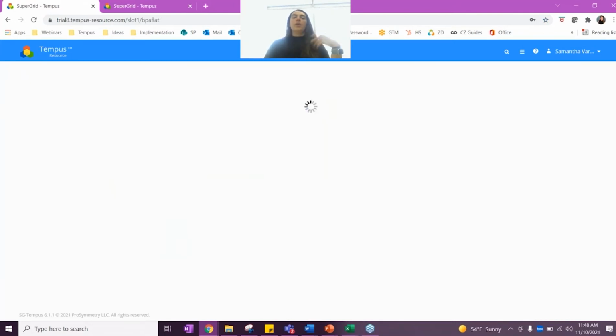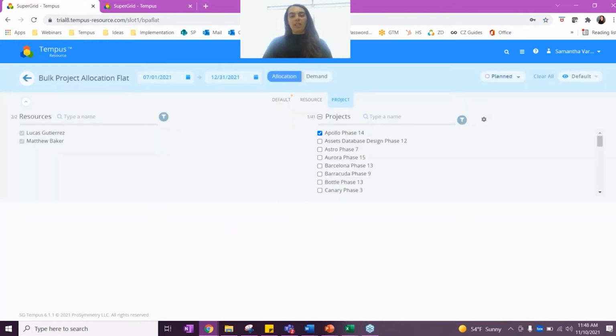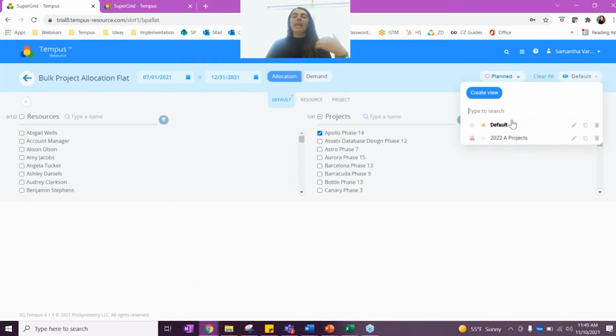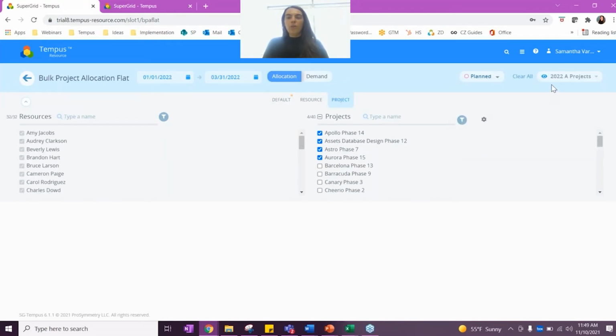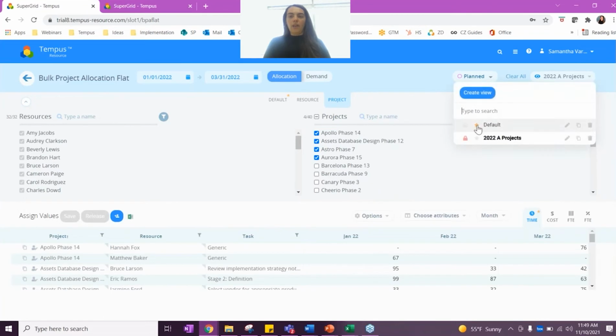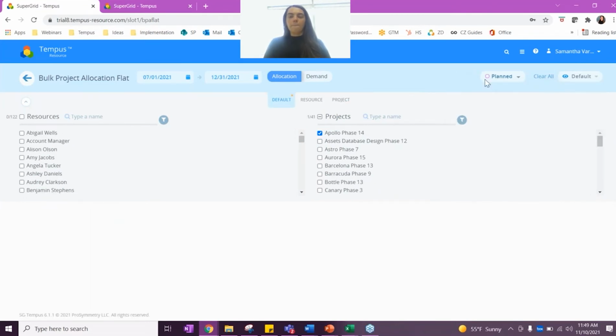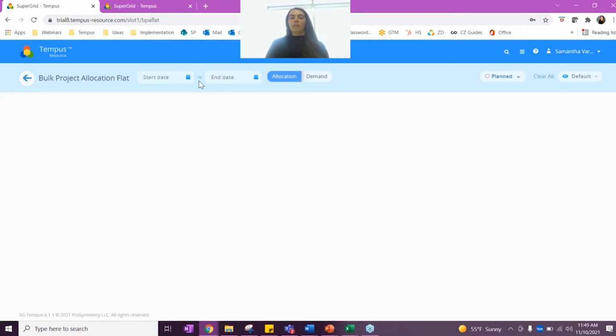Now, specifically for the bulk project allocation screen, it's really the same concept of how to build these views, but it feels a little bit different because it's not filtering and implying that. So you'll notice here, let's go ahead and go to this default view for a second. If you don't have a view created, you are always going to land where it says default. I'm going to go ahead and clear all of this information,